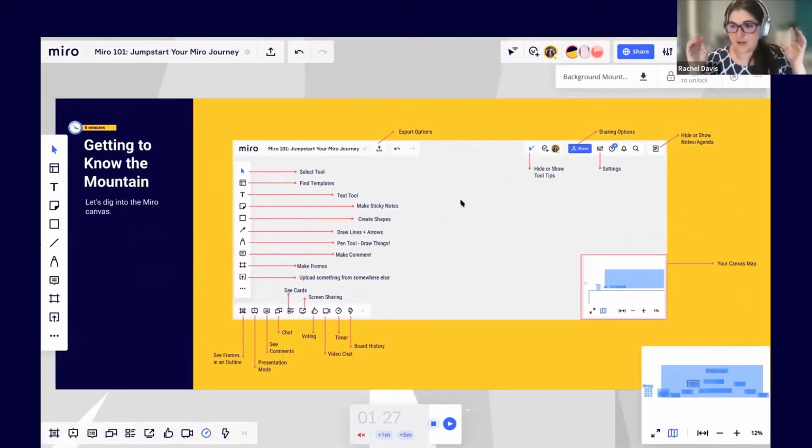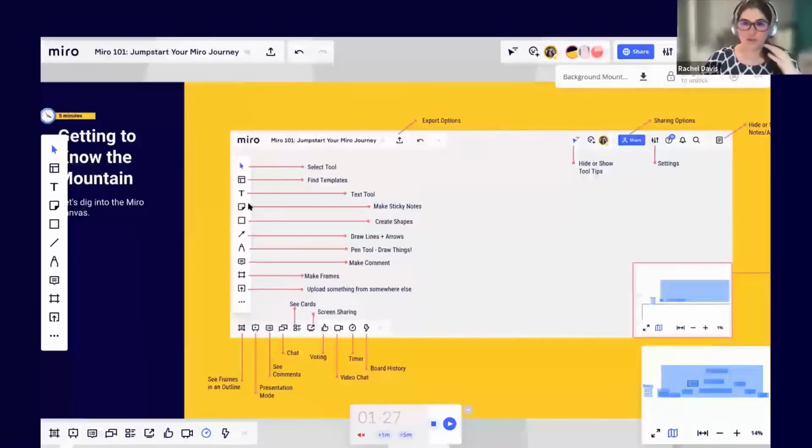I'm going to show you a little bit about the actual canvas here. So I love that this is like an infinite canvas in Miro, right? Like you can scroll pretty far. It's not that constrained. So what you're seeing here, the free plan doesn't have all these options. This is from the consultant plan, which is the one I'm on. Being a solopreneur and inviting clients to boards and things like that, that's actually the plan that works best for me.